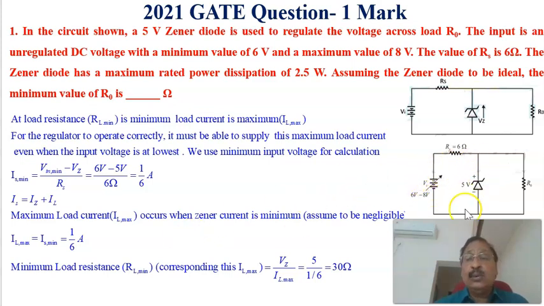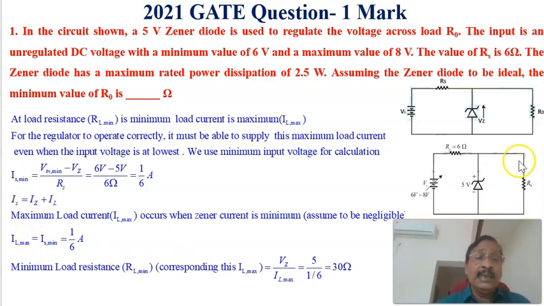And that current is equal to the summation of the load current through R0 and the Zener current. IS equals Zener current plus the load current, and the load current is maximum when the Zener current is minimum, that is, equal to 0. Since we are assuming the current through the Zener is negligibly small, we are taking it as 0, and in that way we can say the maximum current that can flow through R0